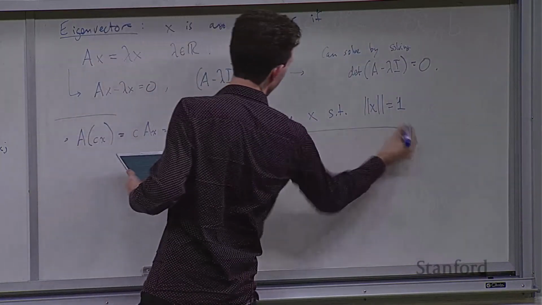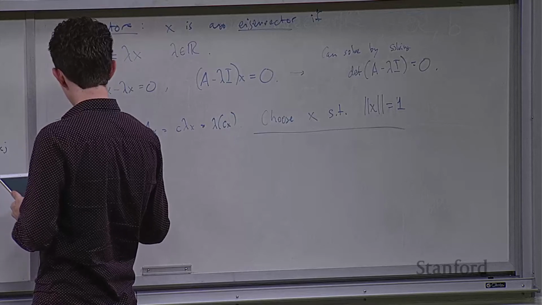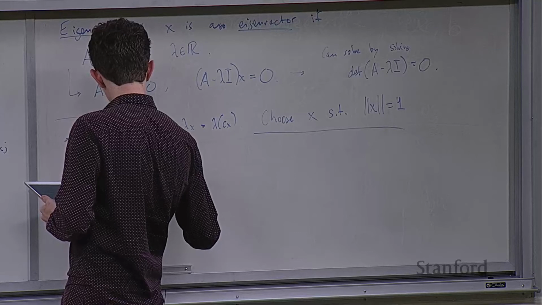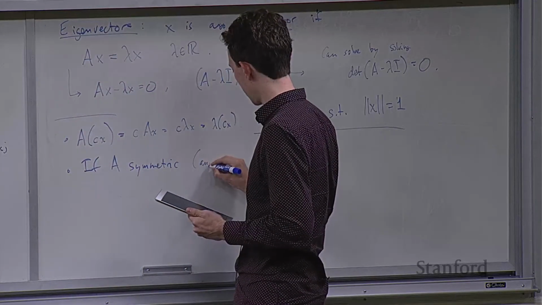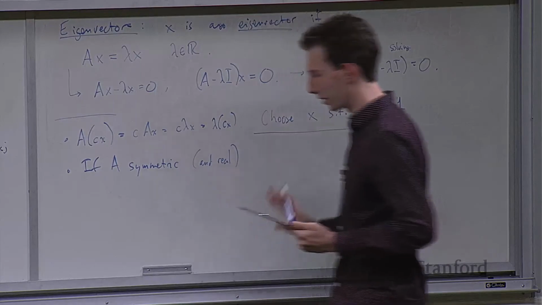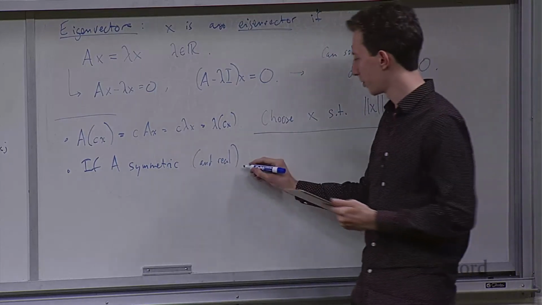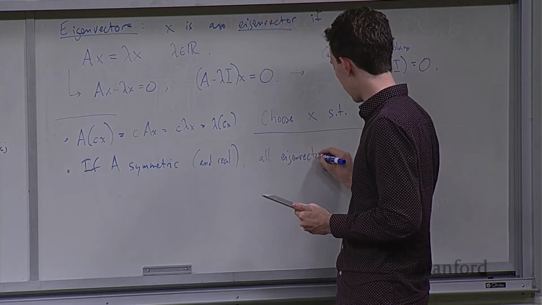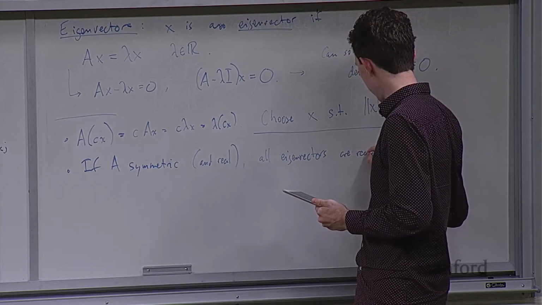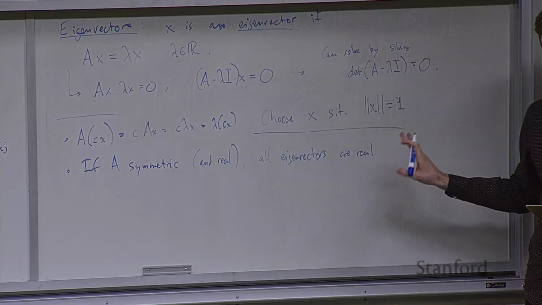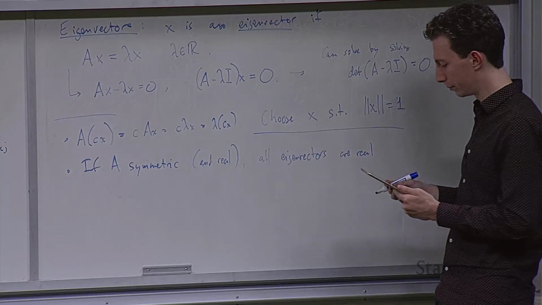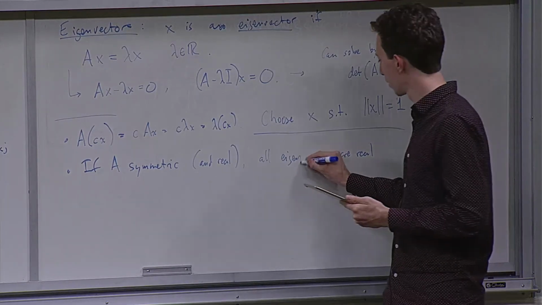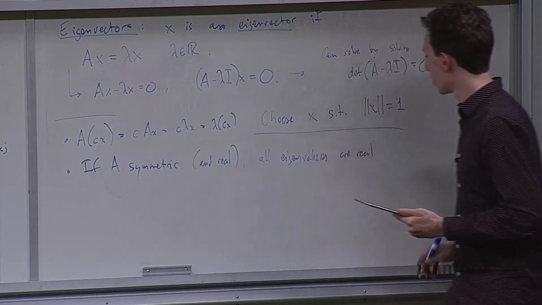Another property. So this is the first thing. The other one is that if A is symmetric, and I'm going to put here in parentheses, and real, but like I mentioned, we're not dealing with complex numbers. If A is symmetric and real, then all the eigenvalues are real. In general, they're not guaranteed to be all real. And also,